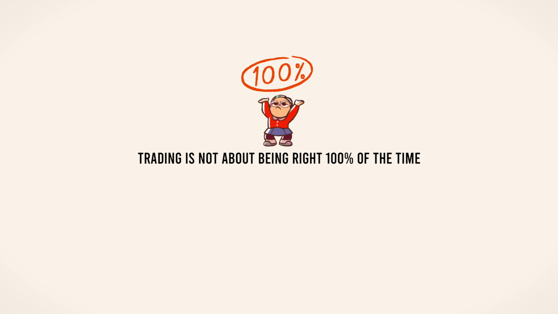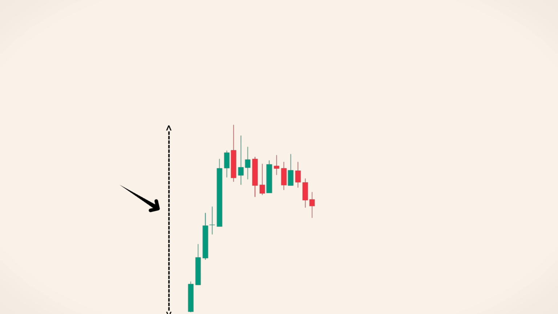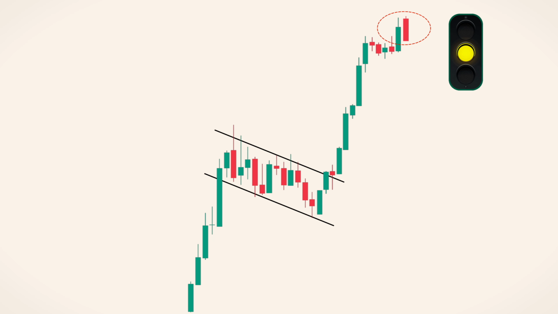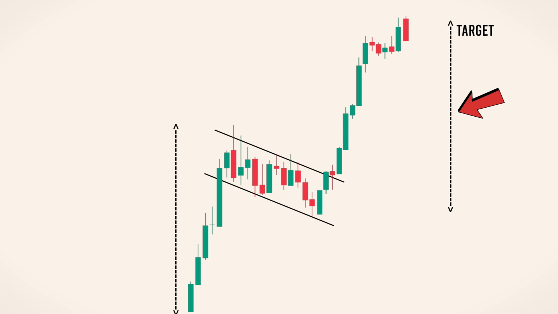Trading is not about being right 100% of the time. It's about having a map. The flagpole gives you the length of the journey. The flag or pennant tells you when the market is pausing to refuel. The candlestick patterns, like shooting stars or piercing patterns, act as the traffic lights, telling you when to stop or go. Combine these Western measurement techniques with the visual power of Japanese candlesticks, and you will have a significant edge